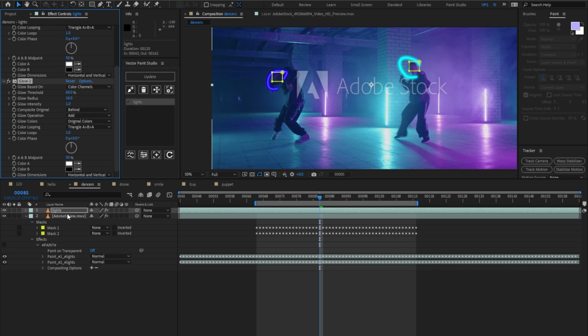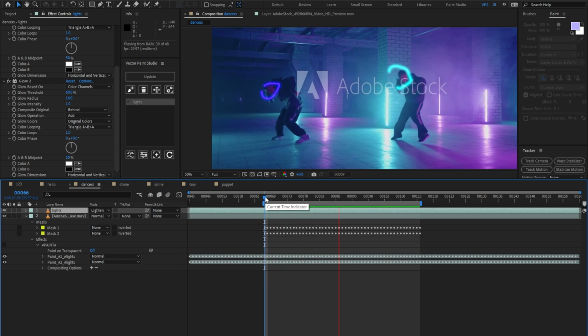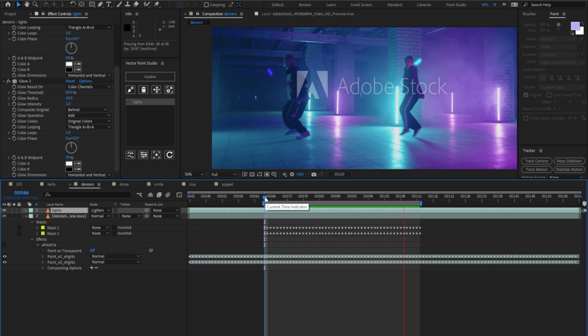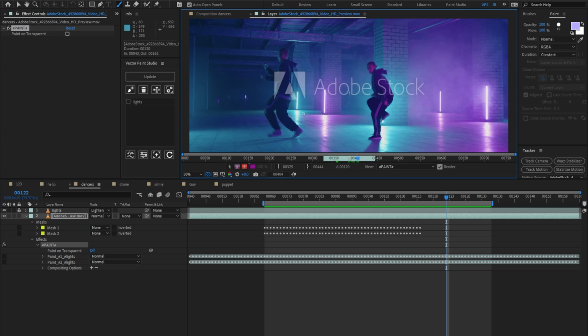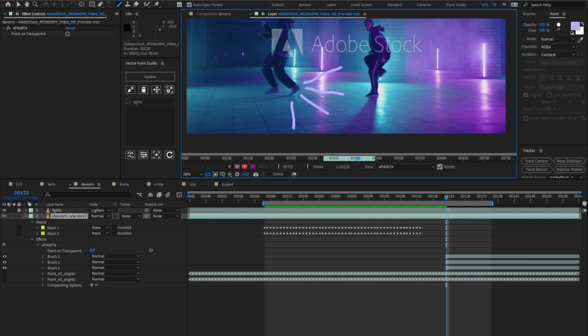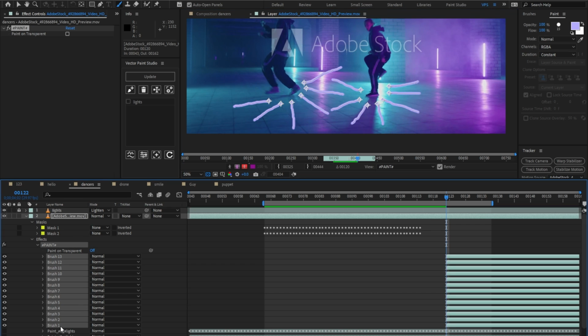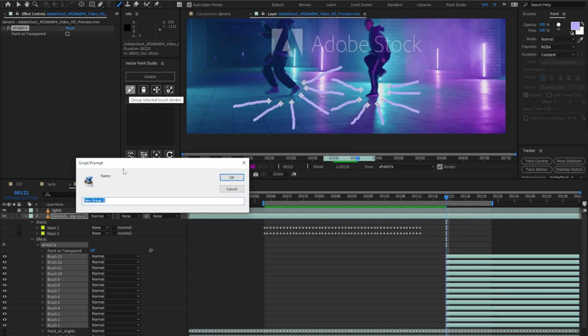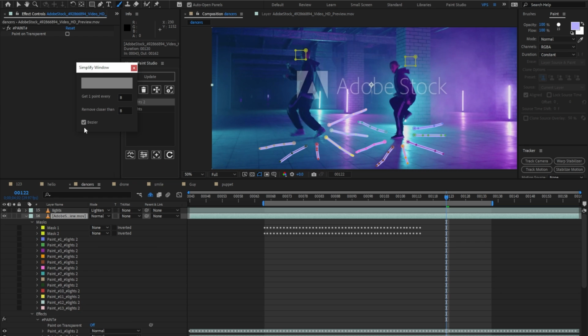Duplicate it, better. Let's switch the color mode to lighten. And here they are, the light streaks. Now move here, where the dancer's feet touch the floor, and paint more streaks. Add to a new group, lights 2, modify the paths because I don't want them to be curved,